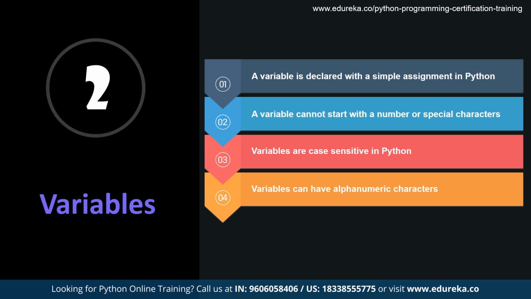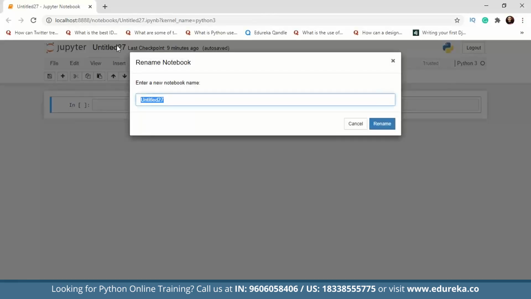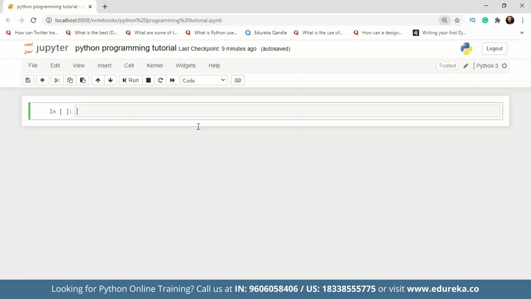So let's take it up to Jupyter Notebook, guys, and we will see how we can work with variables in Python. I'm going to show you how you can declare a variable and discuss a few naming conventions. Let me rename this. And just to be clear, guys, this is a beginner's tutorial. So if you already know how these basic concepts work, you can move further in the video where I have discussed exception handling, file handling concepts, multi-threading, and classes and objects as well.